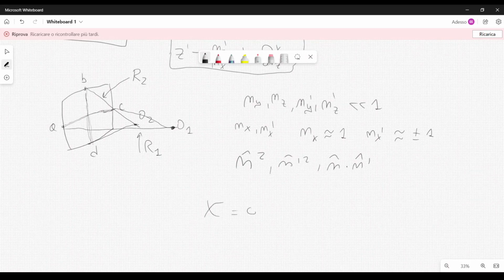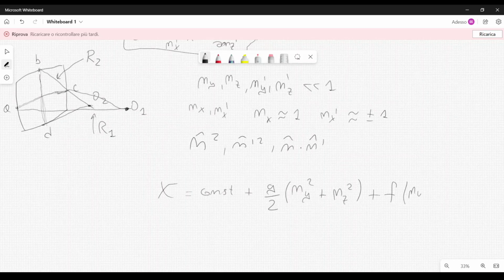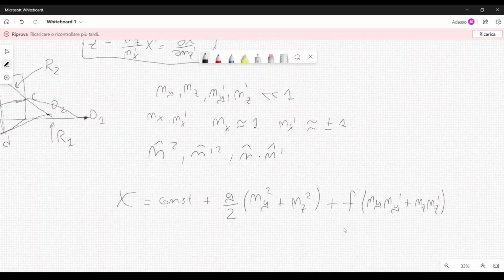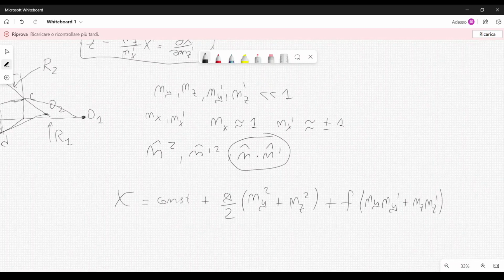Chi will be a constant plus some other constant g, which we will divide by 2 just for the sake of convenience, times ny squared plus nz squared, plus some other constant f times ny ny prime plus nz nz prime. So this is just a dot product between n and n prime,